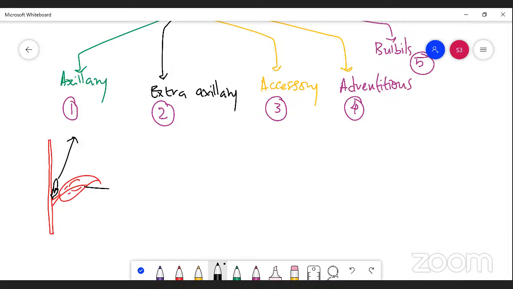It's a leaf. And just in the axil part, now this is the axil part. The axil portion of the stem in which the buds arise from the axil part of the stem, that is called axillary or lateral buds. Next we pass on to